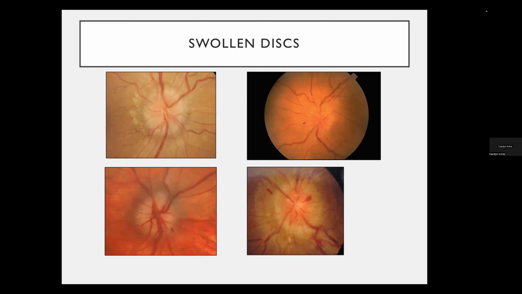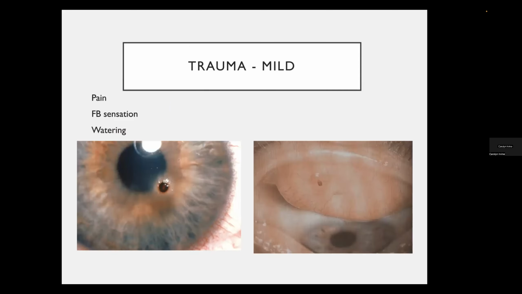You haven't had practice using the kit, but just try and have a look. It's still a skill that's worth having, using the direct ophthalmoscope. Things that I'd hope you might be able to treat are taking off corneal foreign bodies if you've got time, or little things that stick underneath the eyelid. Turn the eyelid over with a little drop of anaesthetic, and you can sometimes just remove those with a cotton